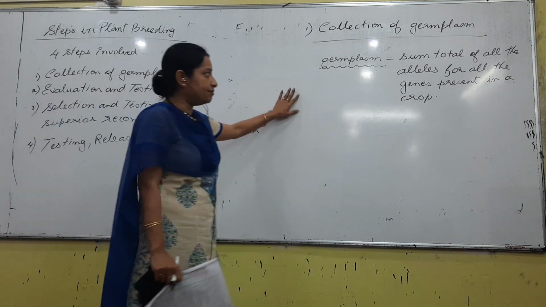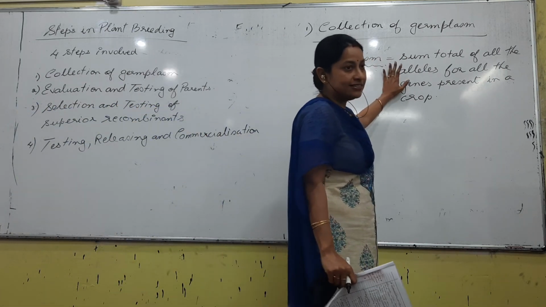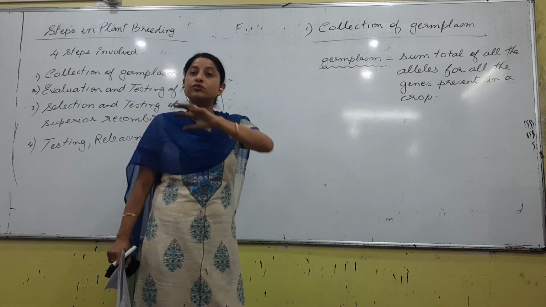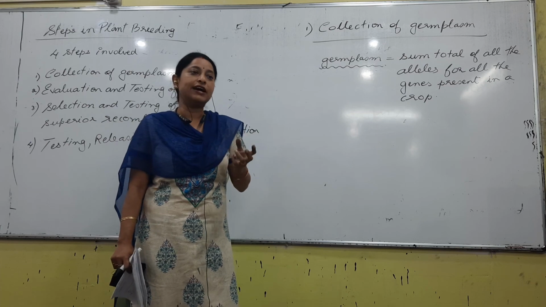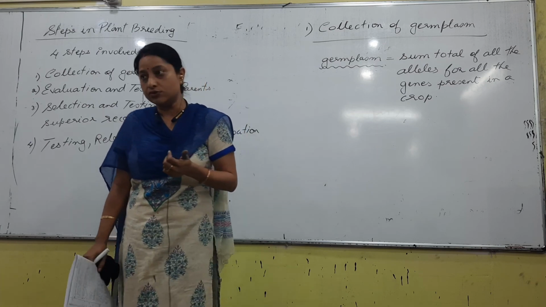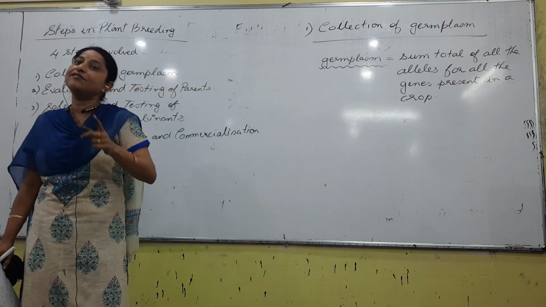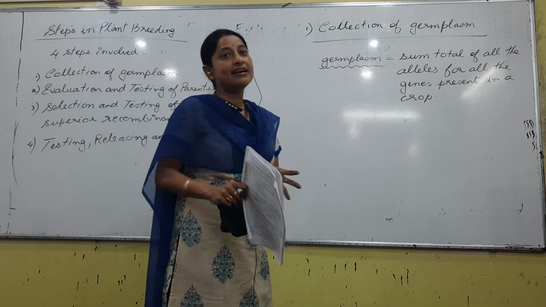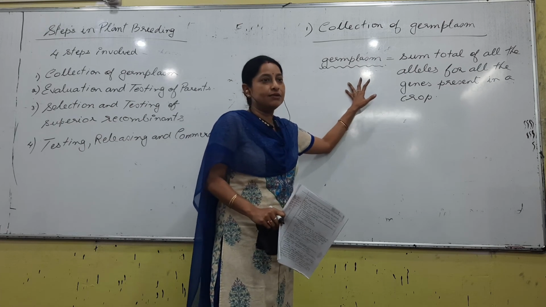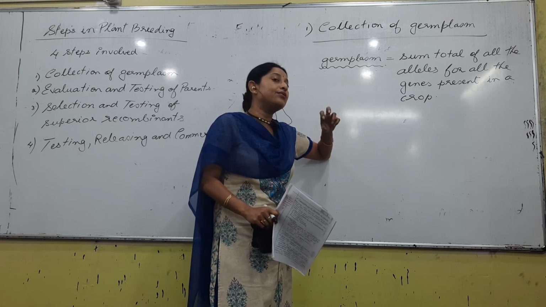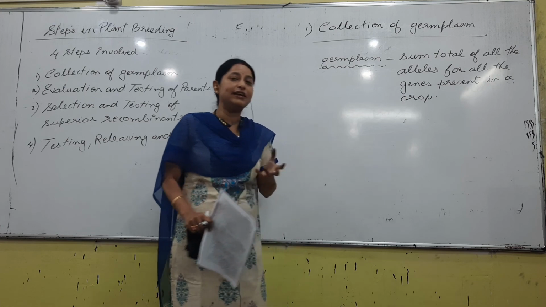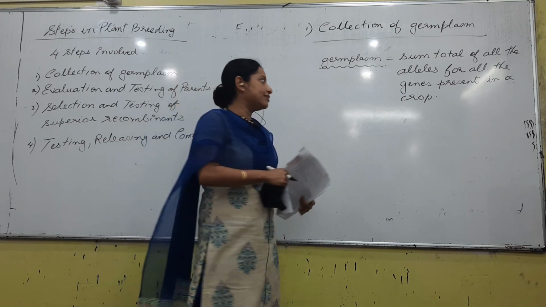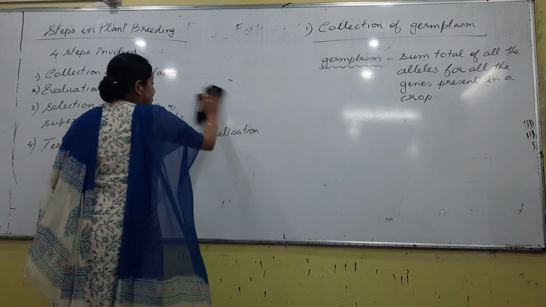Now talking about germplasm, germplasm means collection of genes. Genes of what? A particular crop, wherever that particular crop grows. It's not only confined to a particular area. Wherever the crop grows, you have to collect the crop from each and every part of the world, right? So that you get an entire collection, and that entire collection will be called germplasm. So wherever the plant grows, you have to collect from everywhere. When you collect, what will happen? You have an idea, or you have all the information about that plant, right? As far as the germplasm is concerned, do collect it.